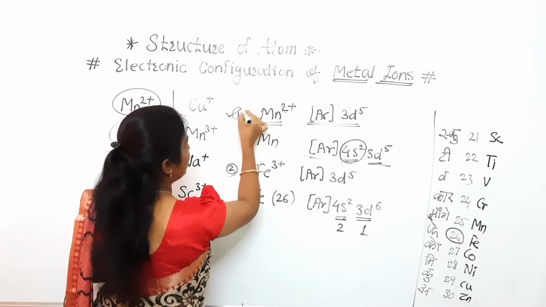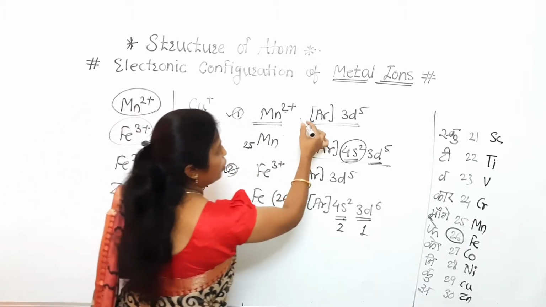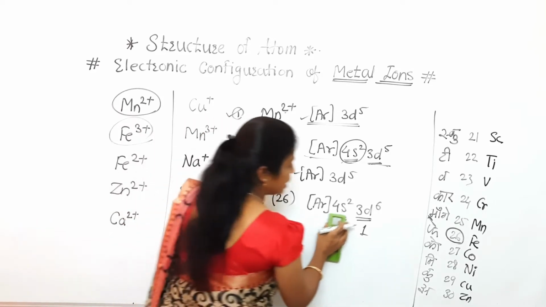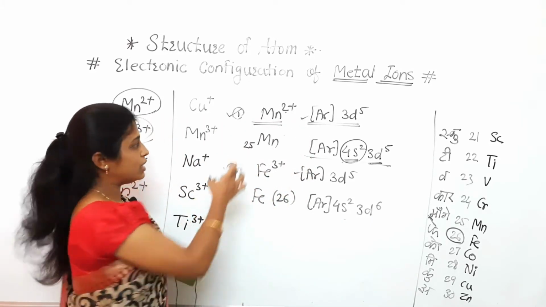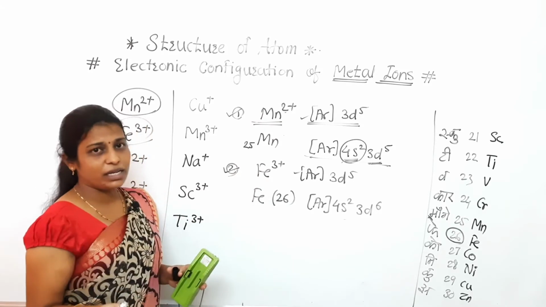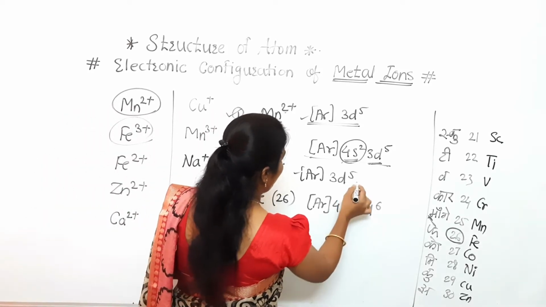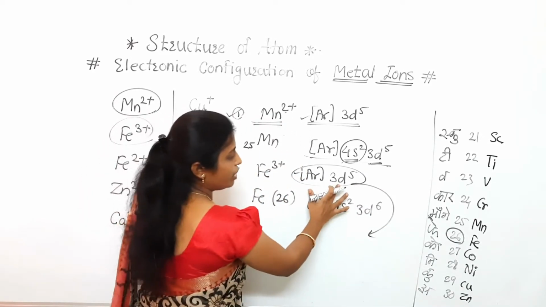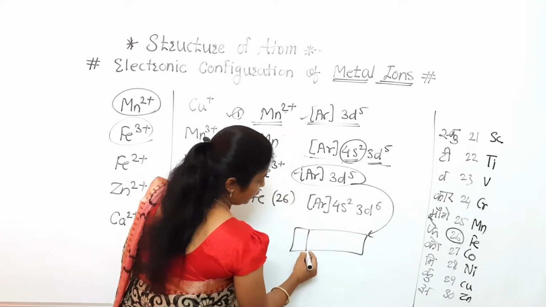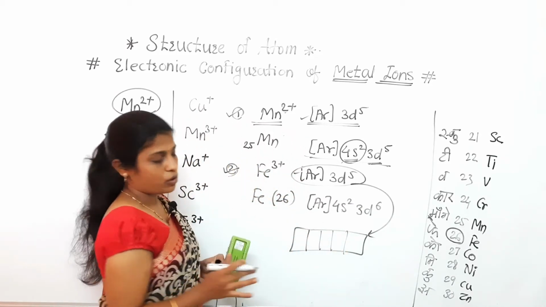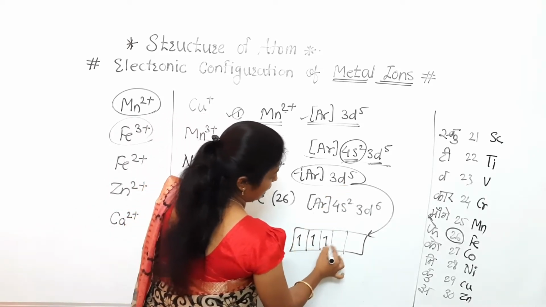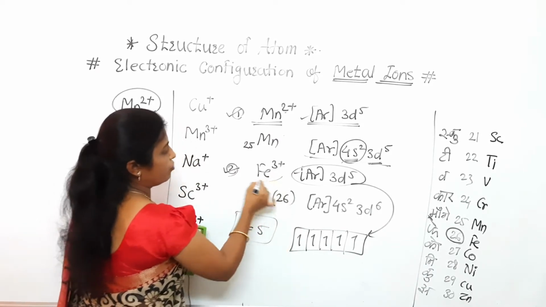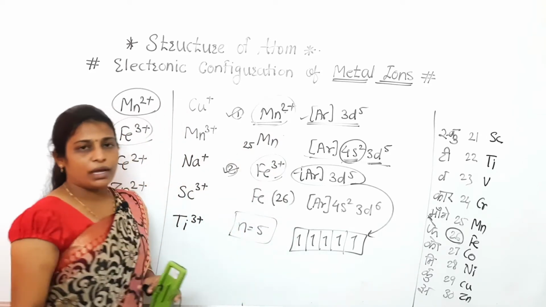Here we can say that Mn2+ and Fe3+ both are having the same electronic configuration. Means if we observe the number of unpaired electrons present in that Mn2+ and Fe3+, that will be same. See, here we have to write for this one. So for this one, if we consider argon, all will be the paired one. Only we have to discuss about this 3d. 5 orbitals are there, so I have drawn 5 boxes. Each one will carry 1 electron. So in this way, number of unpaired electrons will be 5. It is for the Fe3+ as well as for the Mn2+.